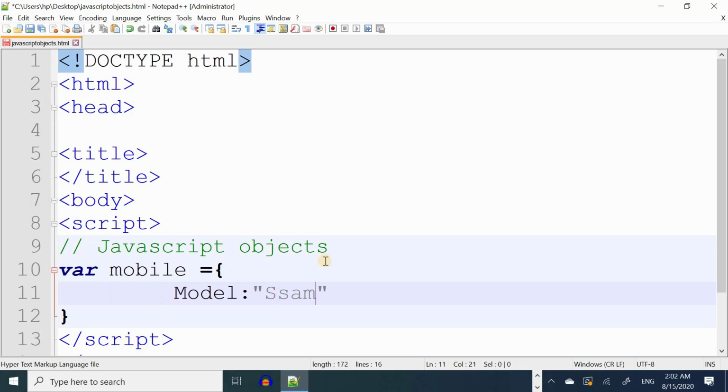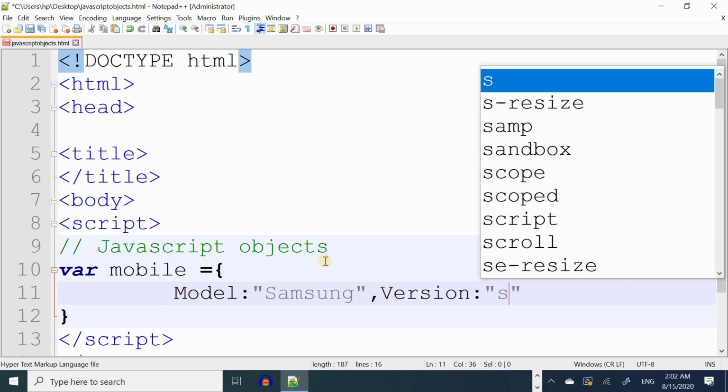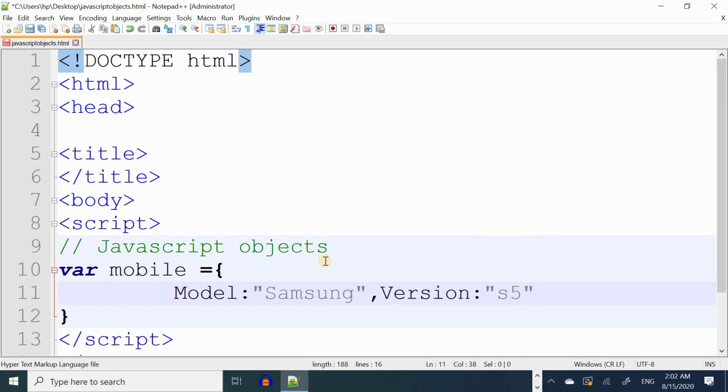So model is, for example, Samsung, then a comma, version, for example, S5, and price 50,000. So price would not be in double quotes because it is an integer. So we have created a JavaScript object,